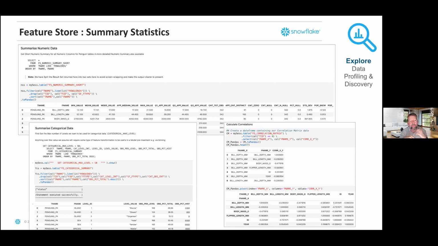And you can see in the Snowpark syntax here that the code functionally is very similar. I'm defining a table or view that I'm operating over, the filters that I want to apply, columns that I want to either see or drop, how I want to sort the data. And in this case, because I'm working with the new Python Snowpark API, I can convert directly to a pandas data frame to then do some further client-side processing with that very efficiently. And there are various views here that we provide that operate over that tall table format to make it easy to create these summaries and do this analysis without having to write long-winded code to do it.